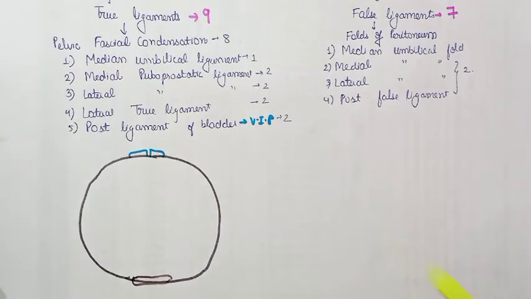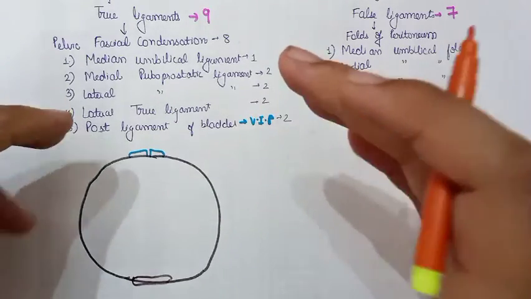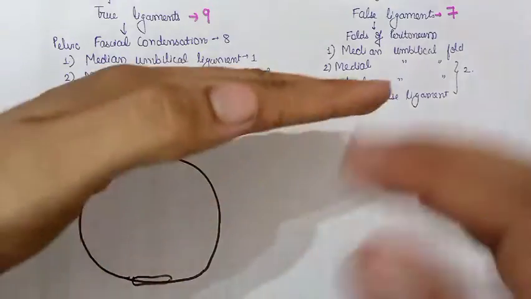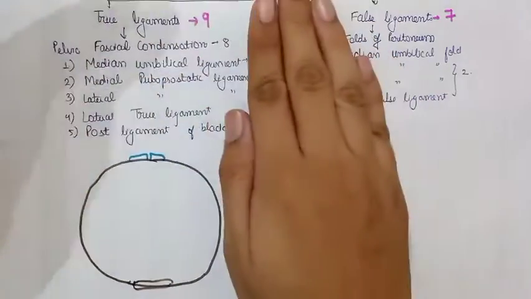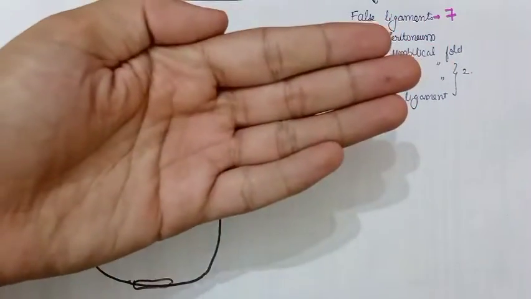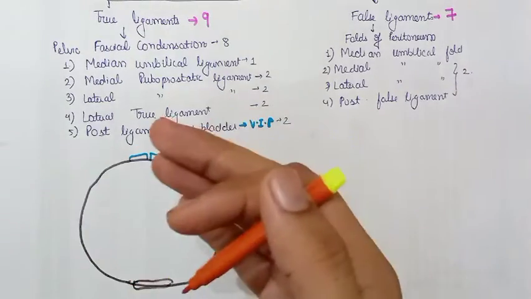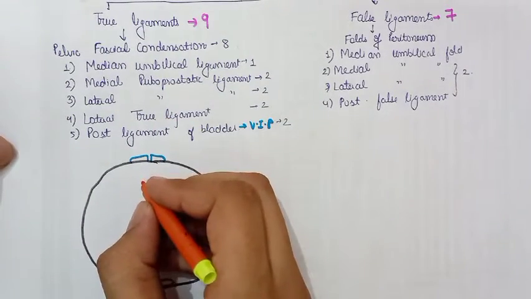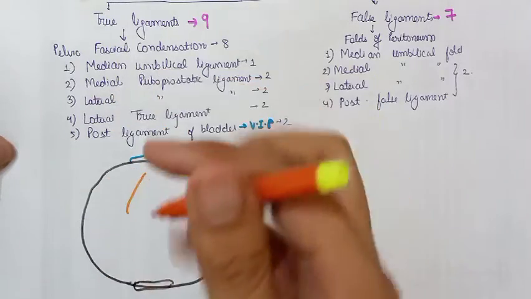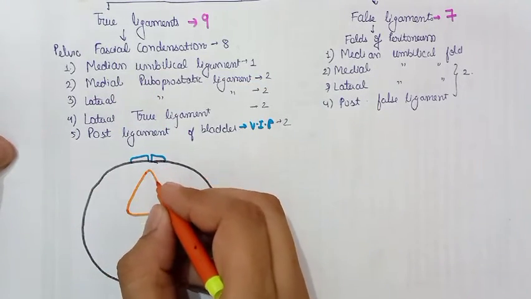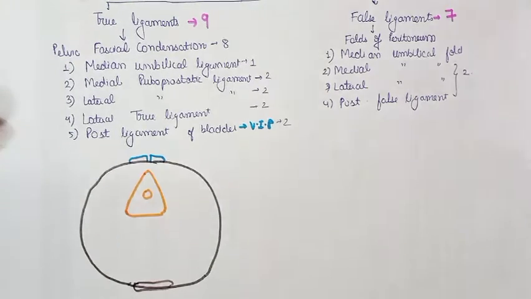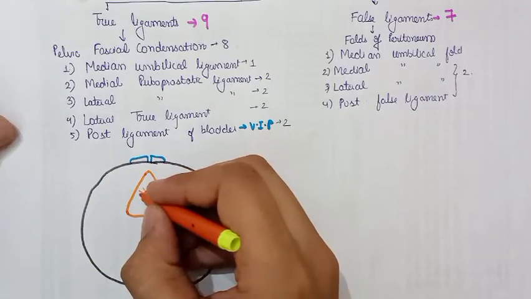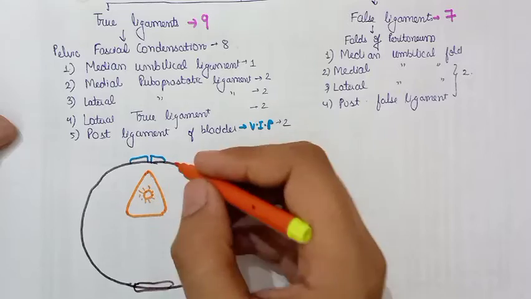So first that we are going to discuss is the bladder. So let's draw the bladder, and we are viewing this from the inferior side. Suppose this is the body, we are making a cross section here, and we are viewing from the down side. In the anterior side is present the bladder. So this is the bladder, apex is pointing towards the anterior side, base is posterior. As we are viewing from down, you can see the opening of the urethra at the neck of the bladder. So here is the opening for the urethra, and this is the bladder.